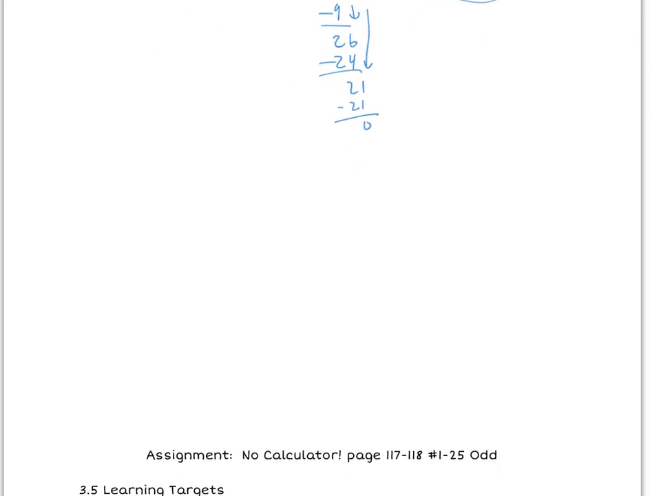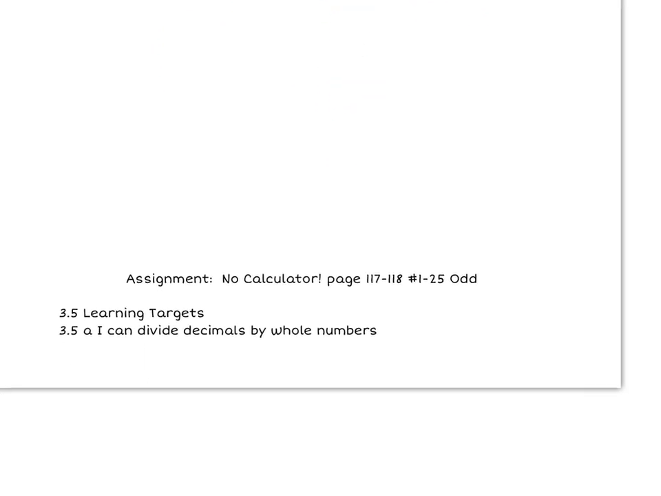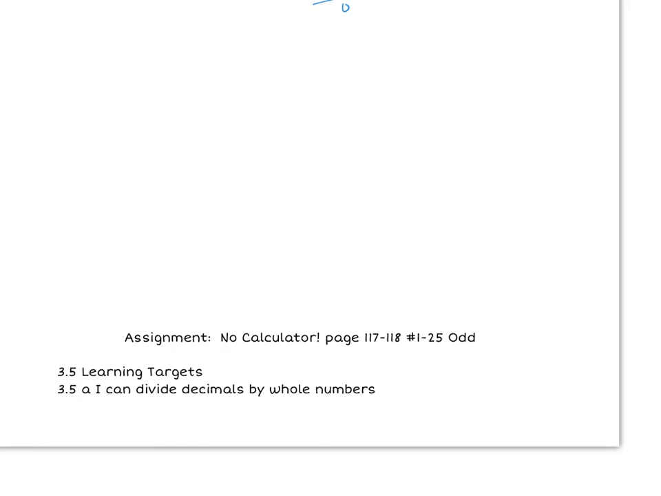All right, I want to give one more problem for you that will help you, I think, understand what to do. So, let's think about this one. If we have the problem of